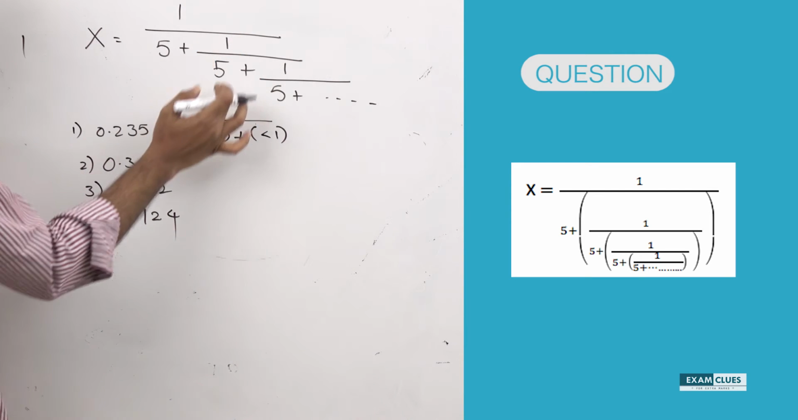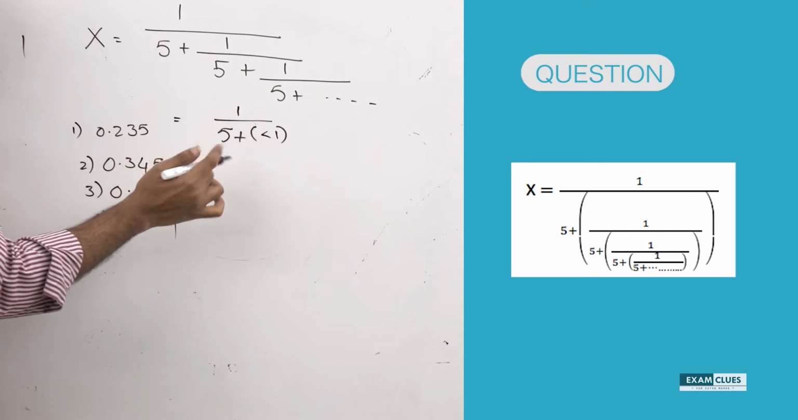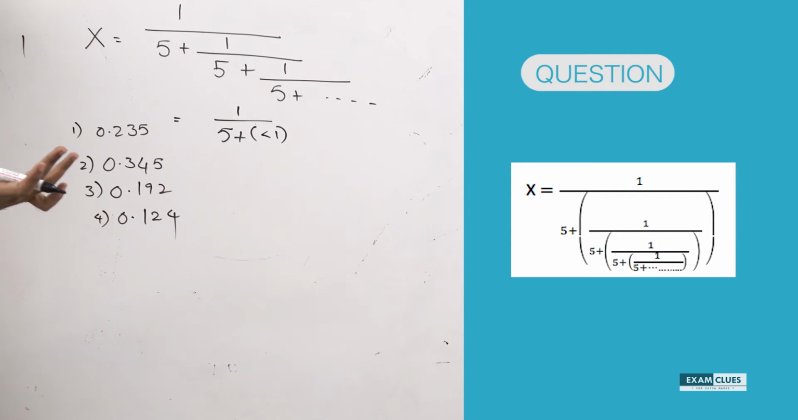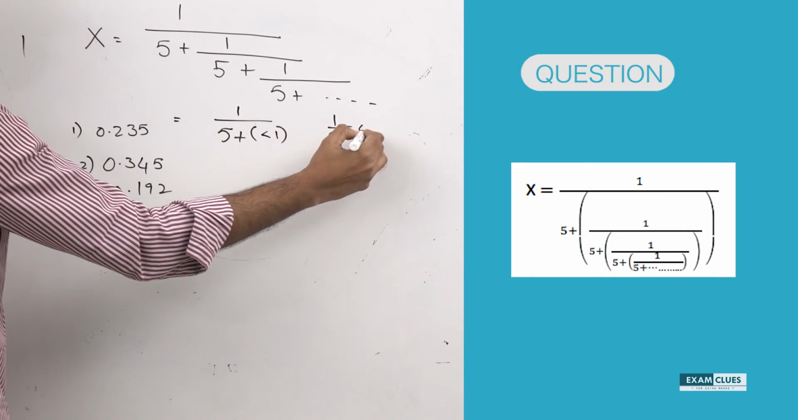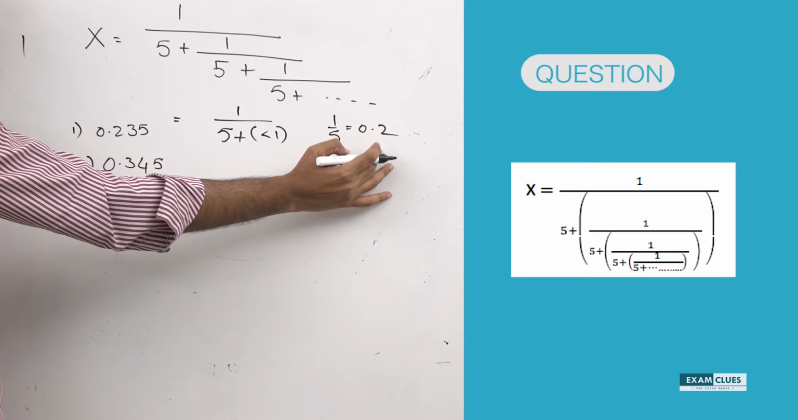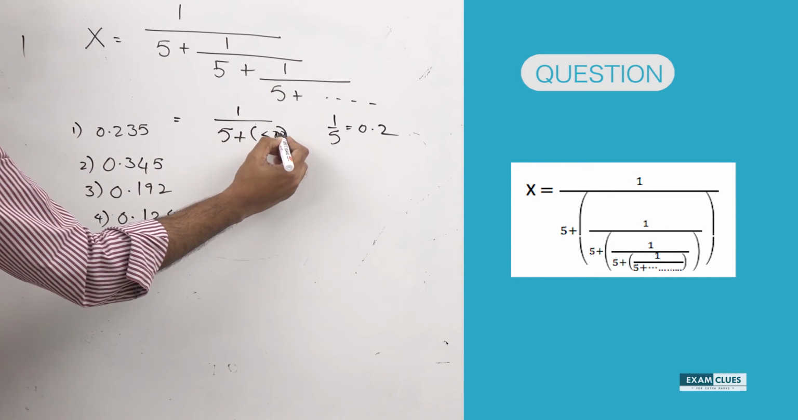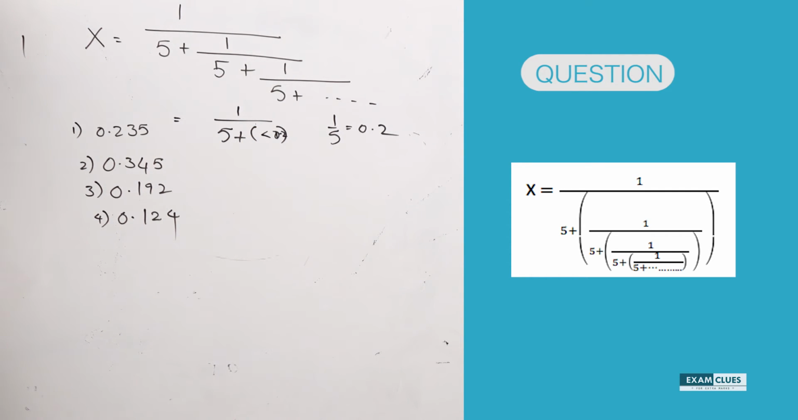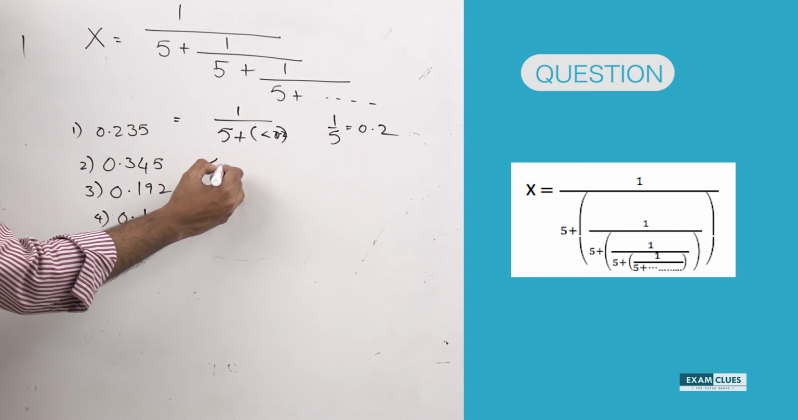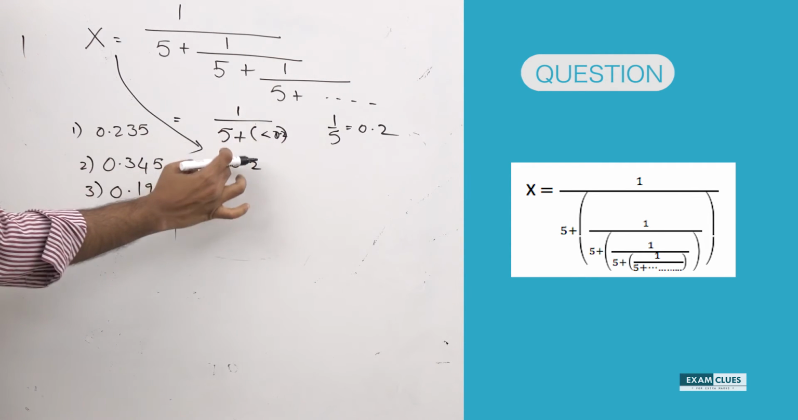In fact, if you see, this is nothing but 1 by 5 plus something. Okay. 1 by 5 maximum value is how much? 1 by 5 is 0.2. If 1 by 5 itself is 0.2, 1 by 5 plus something should be always less than 0.2. If that is the case, even this should be less than 0.2. What I mean is, x should be also less than 0.2 because x is 1 by 5 plus something less